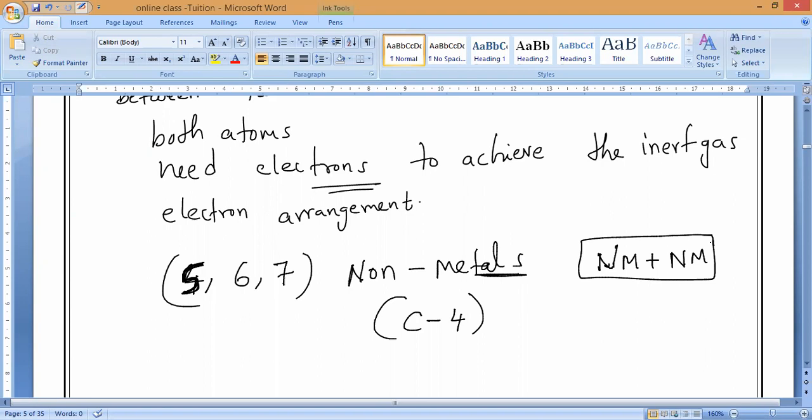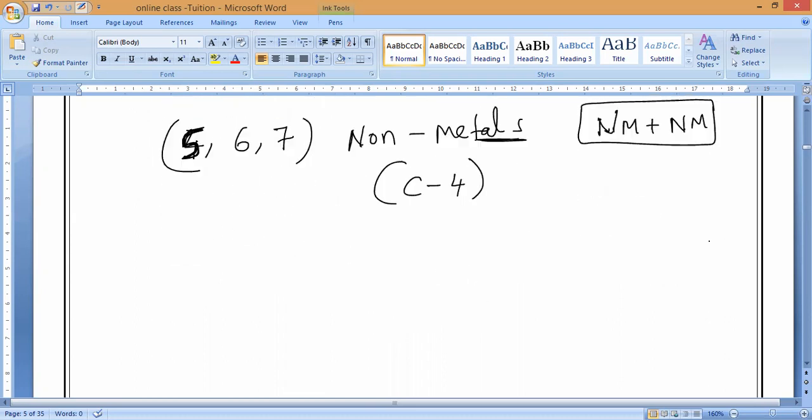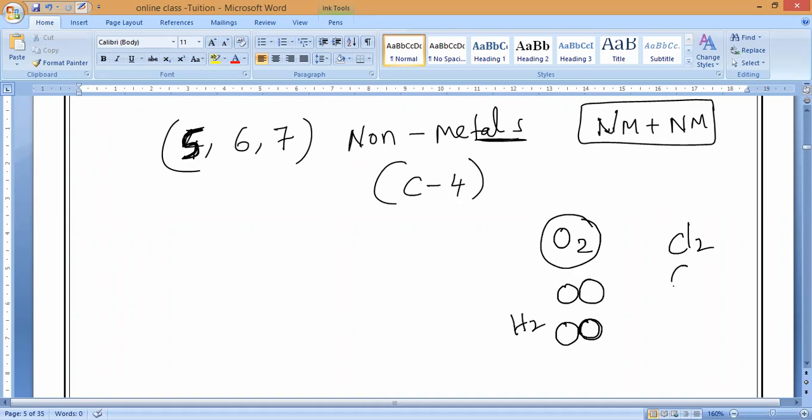So we can say a covalent bond can also be formed between two atoms of the same non-metal. For example, atomicity, diatomic molecule: oxygen, O2. You may remember from Class 8, I taught you most of it. O2 means what? One oxygen is bonded with another oxygen. Yes or no? Hydrogen, H2 means what? One hydrogen is reacting with another hydrogen. Chlorine means what? You please tell me. Chlorine means what? One chlorine atom is